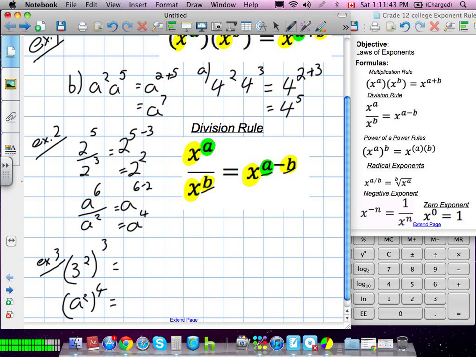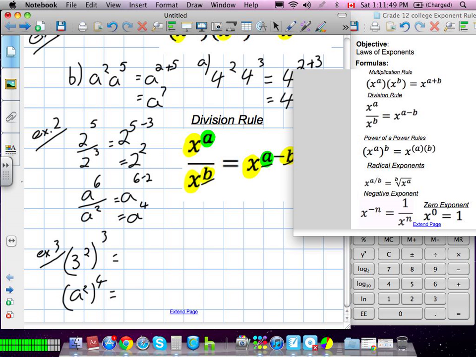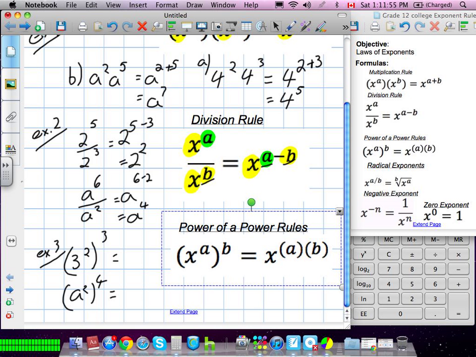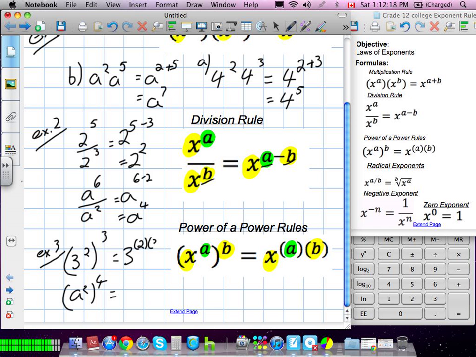Done. Okay. And finally, an exponent of an exponent, or a power of a power, they call it. Power rule, same thing. Our base still stays the exact same, which is very key. And instead of adding or subtracting, we multiply the powers. So in this case, we take a and we multiply it by our b term. So our first one, we have a base 3, so our answer is going to be base 3, but instead we just take 2 multiplied by 3. And what will we get as an answer? Yeah. And again, a, we take 2 multiplied by 4. We'll get a to the